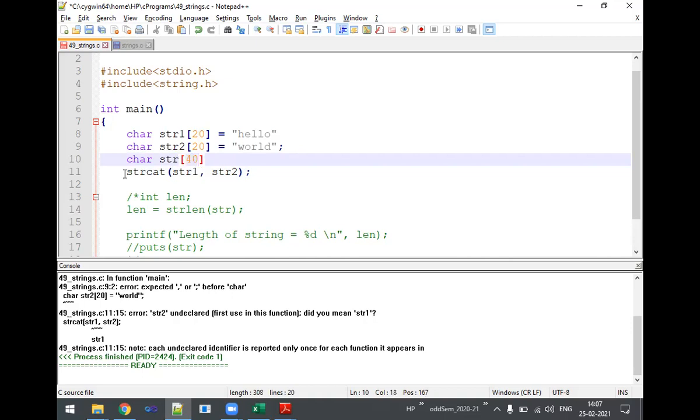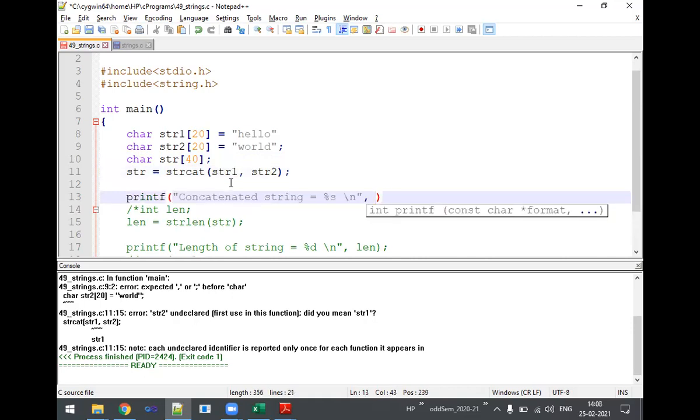Then str equal to strcat of first and second. Now, if I want to print it, printf concatenated string equal to %s\n. Then what should I write here? str.